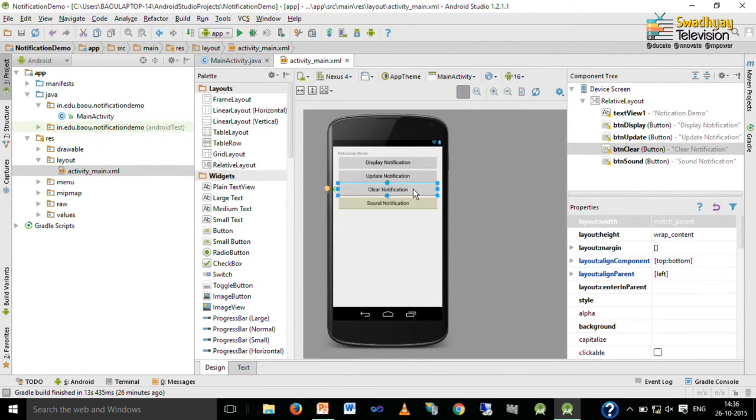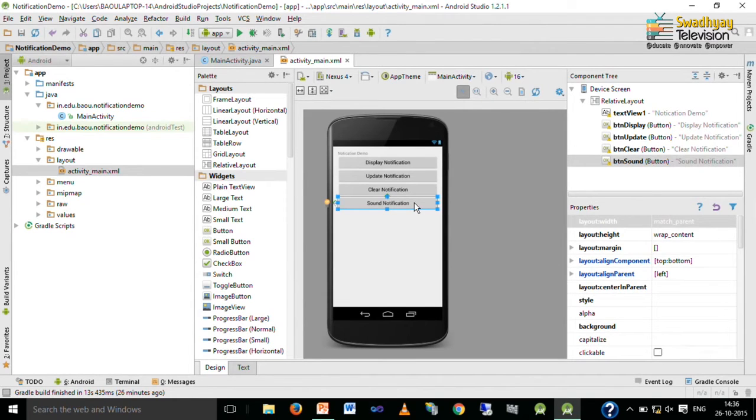When this button is pressed, our earlier notification is automatically cleared, and the last button, with the caption sound notification, will demonstrate how to play a sound when a notification is generated.